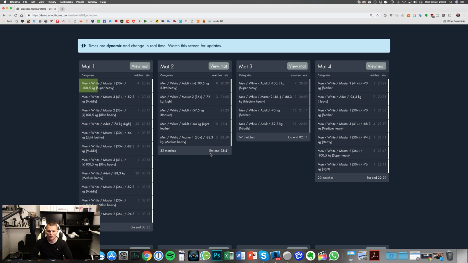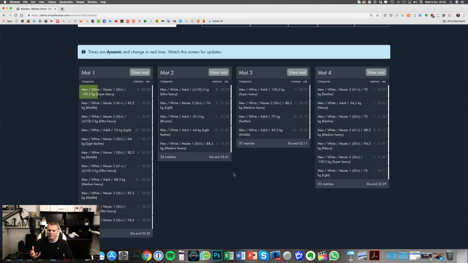So what we usually do, and help me out here, Martin, if you have more information regarding this, we tend to, in the afternoon, start seeing a pattern that one of the mats is going slower than the other one. So then I need to start in time to move brackets from one mat to another. And it's very important, and this is the event organizer's work, it's his job to make sure that we're doing this on time so that we can give fighters the time to prepare for that. Maybe we need to adjust their starting time a little bit.